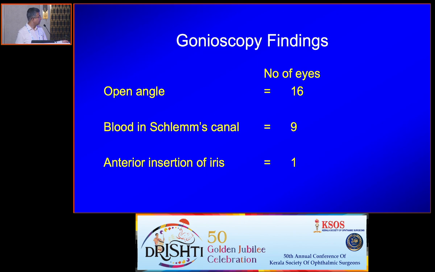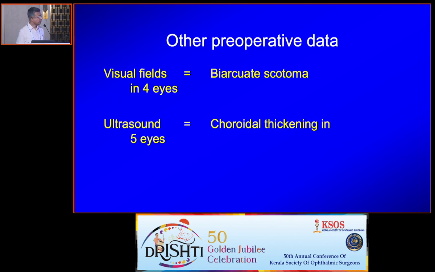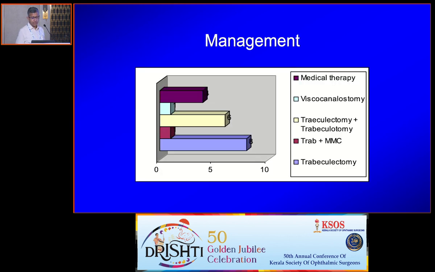You will see blood in Schlemm's canal in about 50%, but not in everybody. And like I said, many of them come with very significant biaquate scotomas. And on ultrasound, 5 eyes showed choroidal thickening. So management for most of these eyes, we actually did